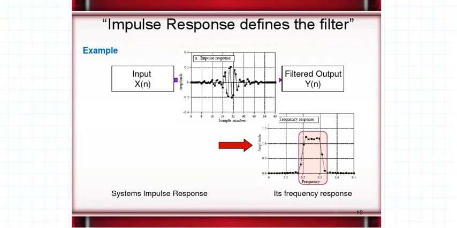Now here is an example. What has been done is we have taken the digital filter, assuming the digital filter is of such a form. What we have done is we have found its frequency response. If my impulse response of my digital filter is of such a form, if I find its frequency response, I observe that its frequency response is of such a form, right? And it is in a form that it exists from 0.2 to 0.3.